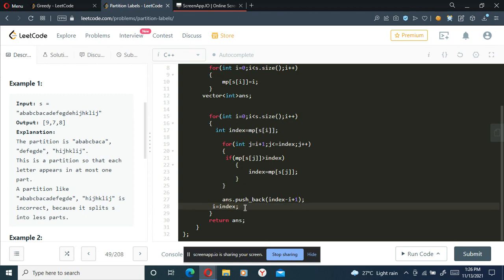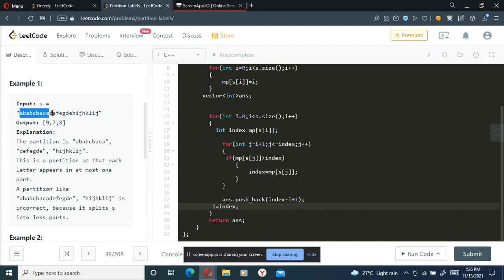Otherwise you might get a WA, because when I've actually found this substring a, why should I again start from i equals 1, right? Because we have already computed the length of this substring which is holding my answer. So why should we do this again?